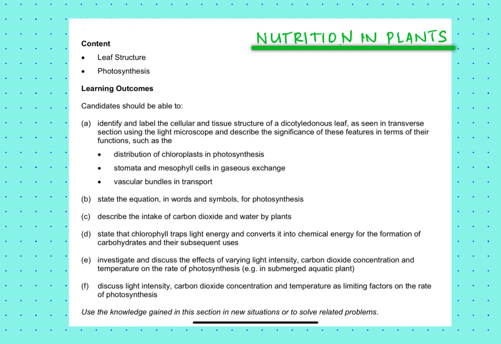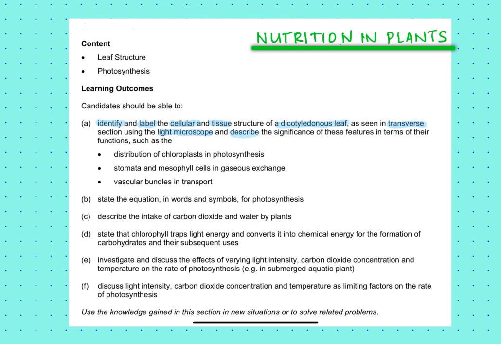First, the important words that we are trying to look out for here would be the idea of identifying and labeling the parts, tissue structure and cellular structure, making sure you know the difference between the cells and tissues of a dicotyledonous leaf. We only learn the dicotyledonous leaf, so you don't have to worry about the other type of leaf, commonly known as the monocotyledonous leaf. And as always, you get the transverse section, as well as a photomicrograph with the light microscope, as well as